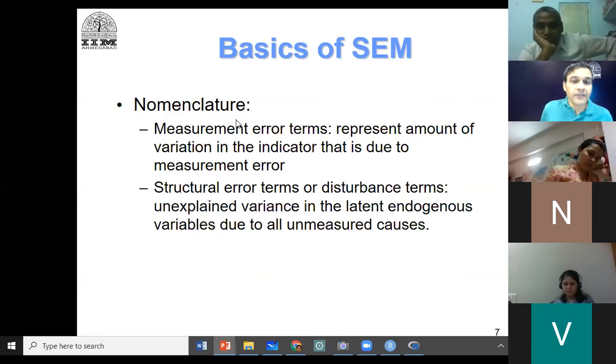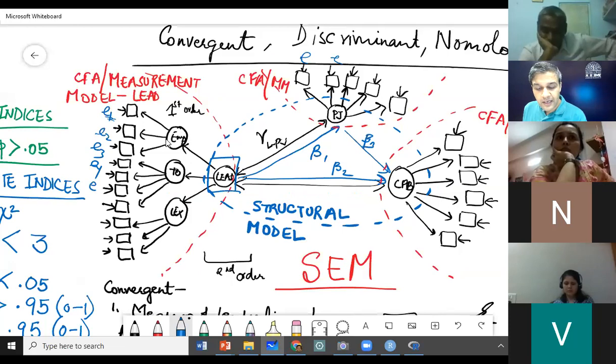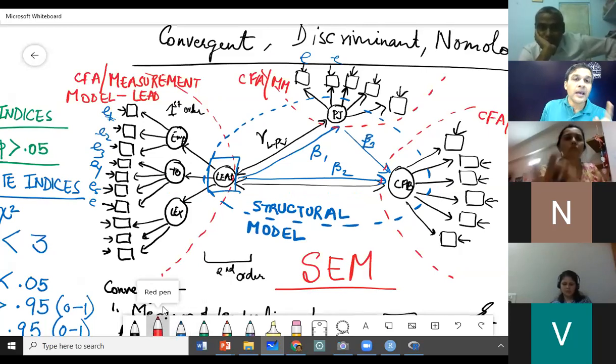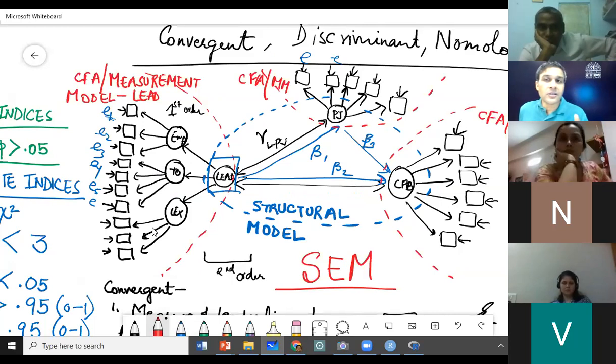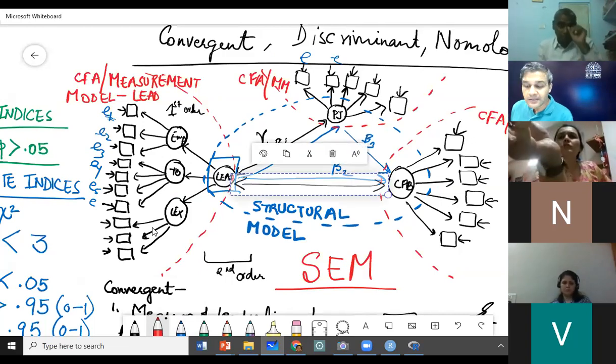Measurement errors, I think we have talked enough. All of these are measurement errors that are associated with items. And then there is also a term that we call structural error. Remember, structural in structural equation modeling is regression. So where is regression happening? Here, for the betas, leadership and PJ.